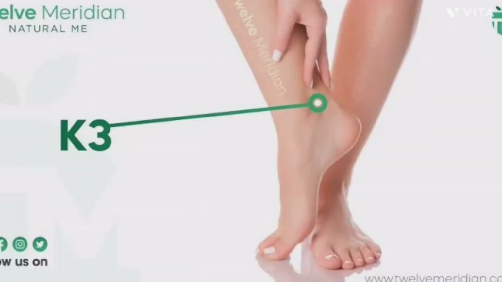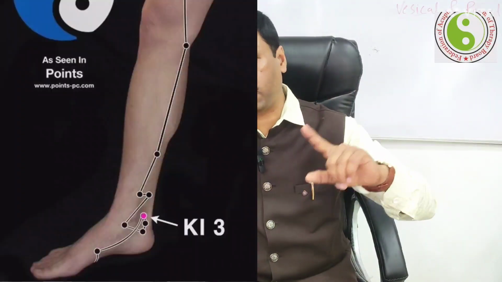But still I want to tell you, you need to strengthen the renal system. You can strengthen it by activating the kidney 3 point, which is always good. At the same time, remember obesity also. When there is excess obesity, chances are there of some gastric-related disorders, or excessive heat accumulated in the body, or the spleen metabolism is not good, the transportation and transformation of the spleen is not good. Even at that time there is retention and accumulation. At that time you want the fluids to proceed through the urethra, and using K3 is advisable.